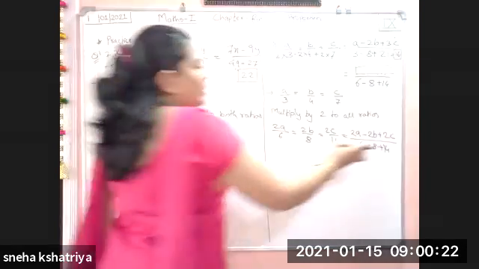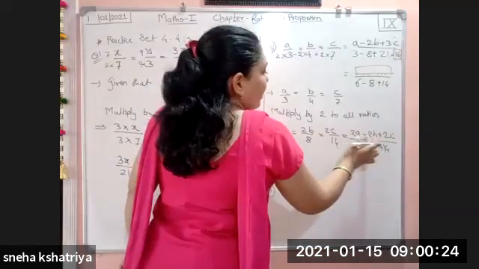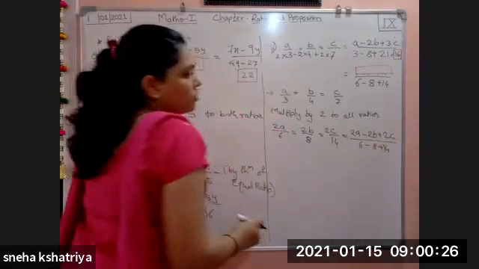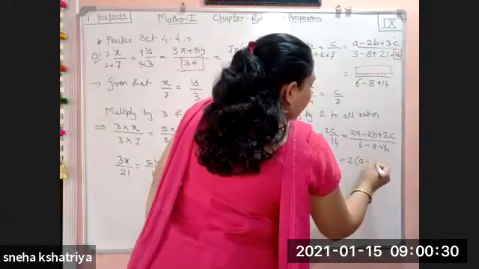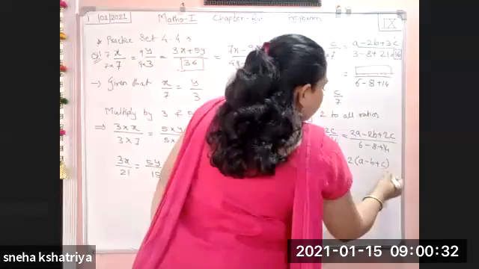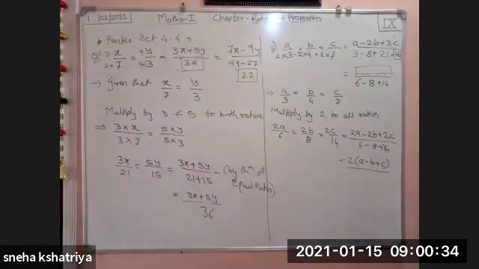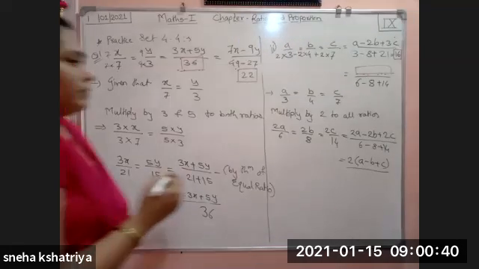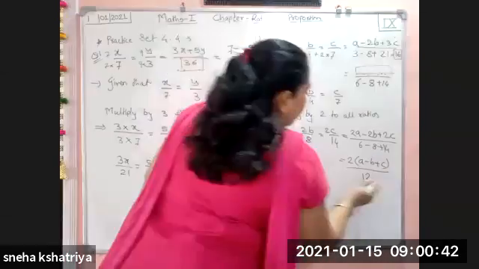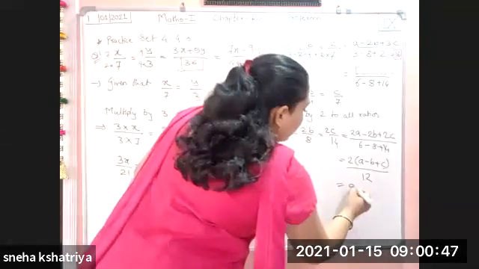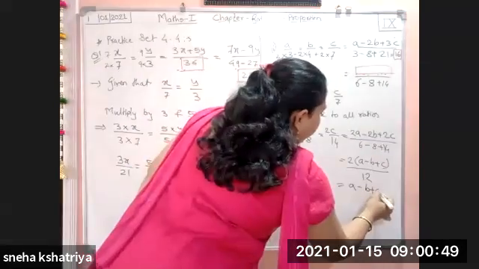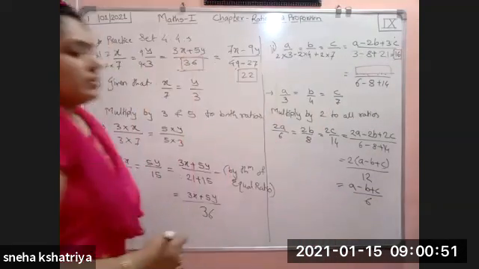So we want the numerator. We get the numerator here 2a minus 2b plus 2c. You take 2 common outside. What we will get? a minus b plus c. At the denominator, what will we get? 14 plus 6 becomes 20. 20 minus 8 becomes 12. Okay. So again, this is an even number, so it will be reduced: 2 ones are 2, 2 sixes are 12. So we get a minus b plus c divided by 6.